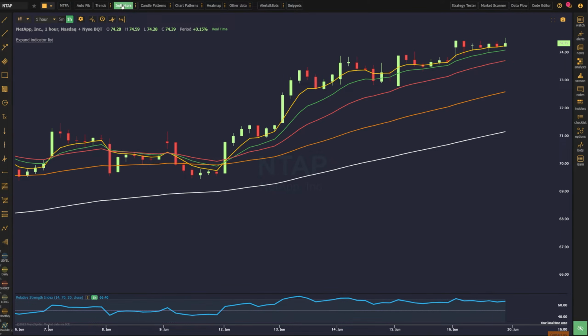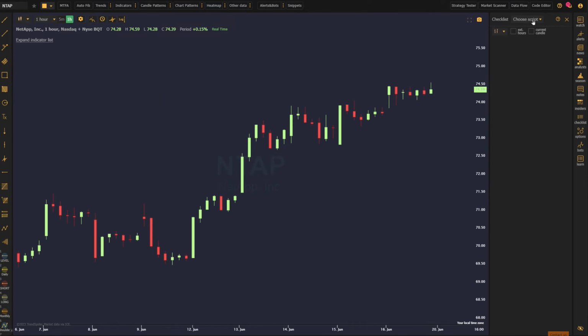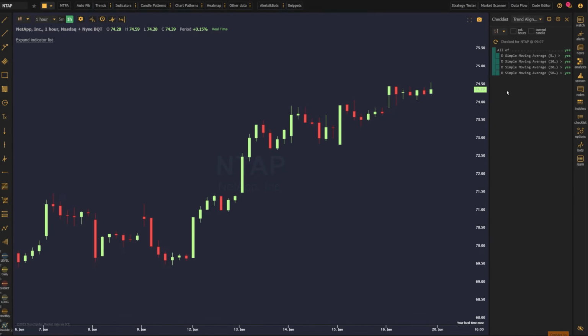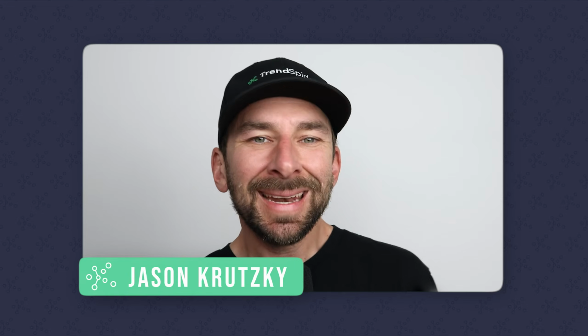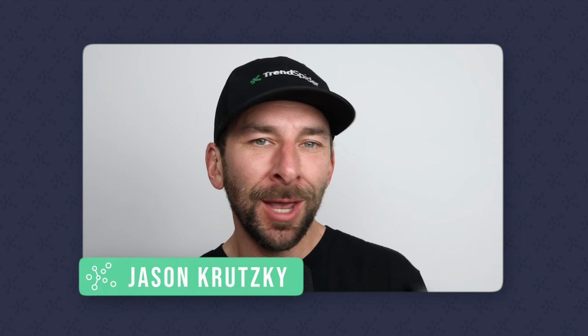If that's too many indicators on the chart for you, try inputting your moving average conditions into our smart checklist and remove the indicator from your chart altogether. If the conditions are true, a green box will appear, and if all the boxes are green, you're in trend alignment. Now that we've learned one simple way to determine the current trend of the market, we can begin to